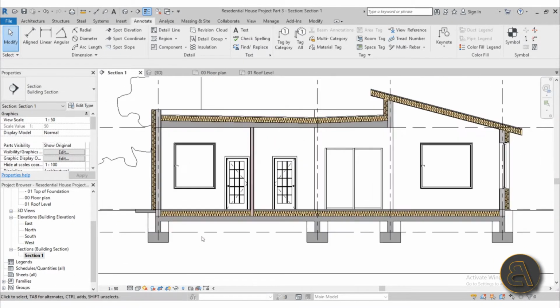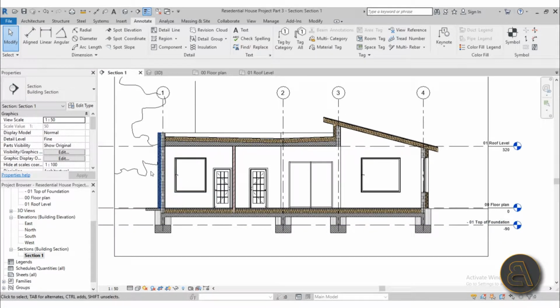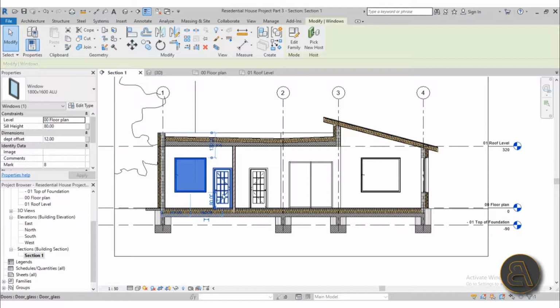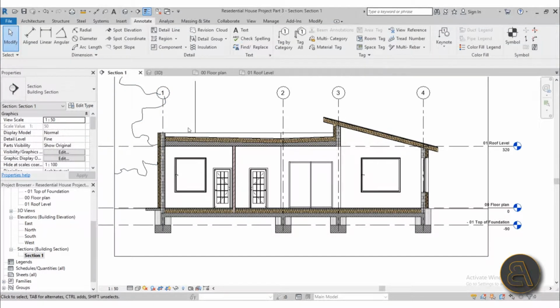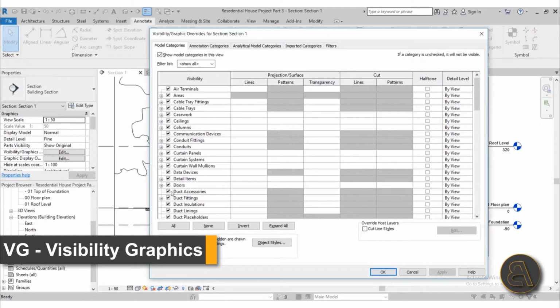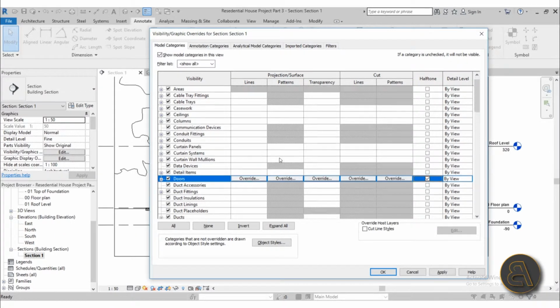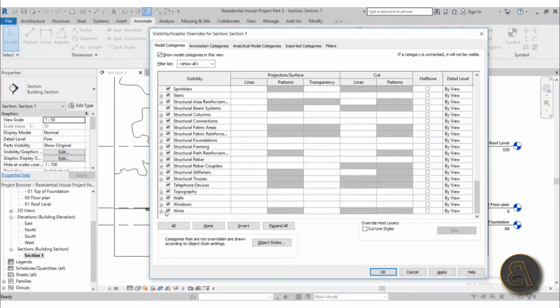Okay. Now, one more thing is how you want to display all of your elements. So here I have this tree, also I have these windows, doors, stuff like that. So for my doors and windows, as well as this tree over here, I would like it to be in halftone or in some sort of gray, because usually you're just trying to represent the stuff that's actually being cut, and you're just adding a bit more elements as context. So for that, just because that's how I like to do it, I'm just going to go into the VG dialog and search for doors, turn on halftone, search for windows, let's see, windows, turn on halftone,